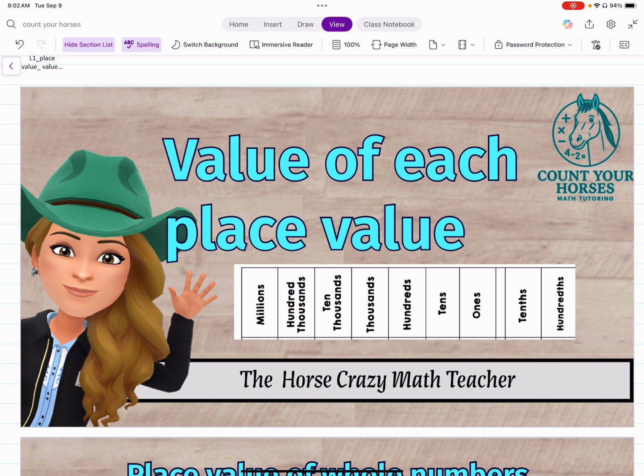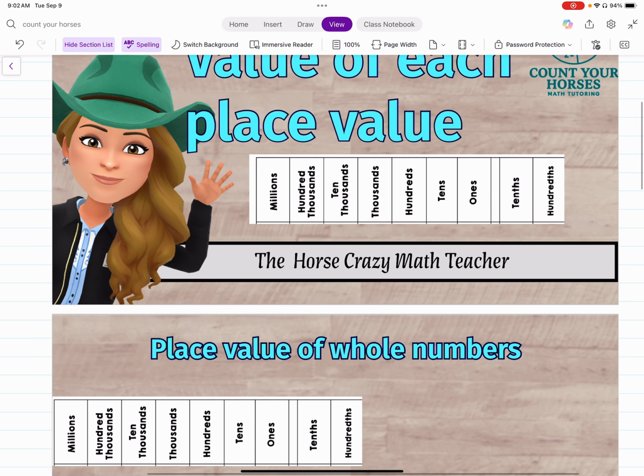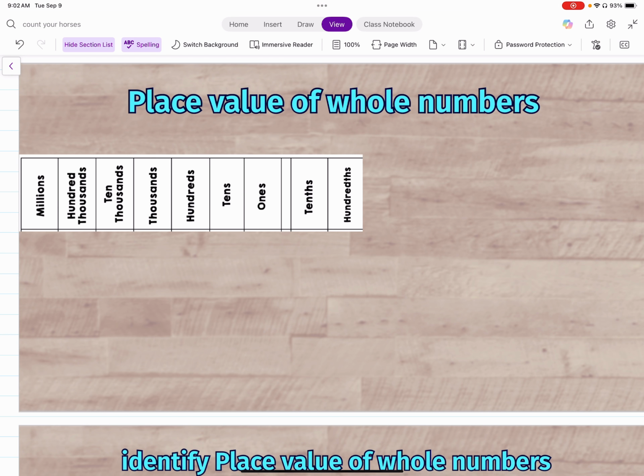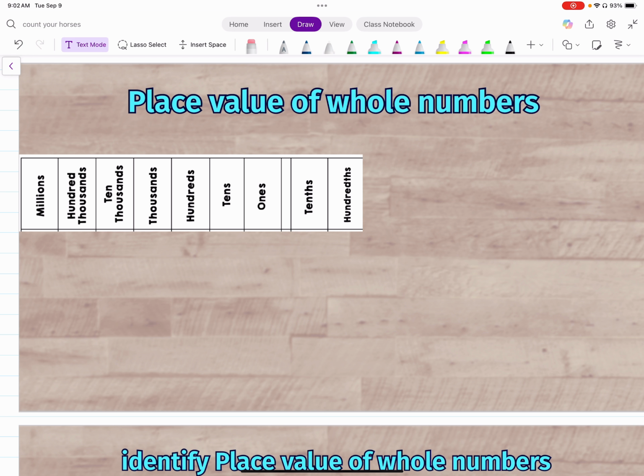Today we're going to be talking about the value of each place value. All right. When they're asking us to start talking about place value, we need to realize that where numbers are matters. So here we've got the place value chart, and what this would look like would be 352 and 14 hundredths. Now I know how to read that because of where the numbers are placed